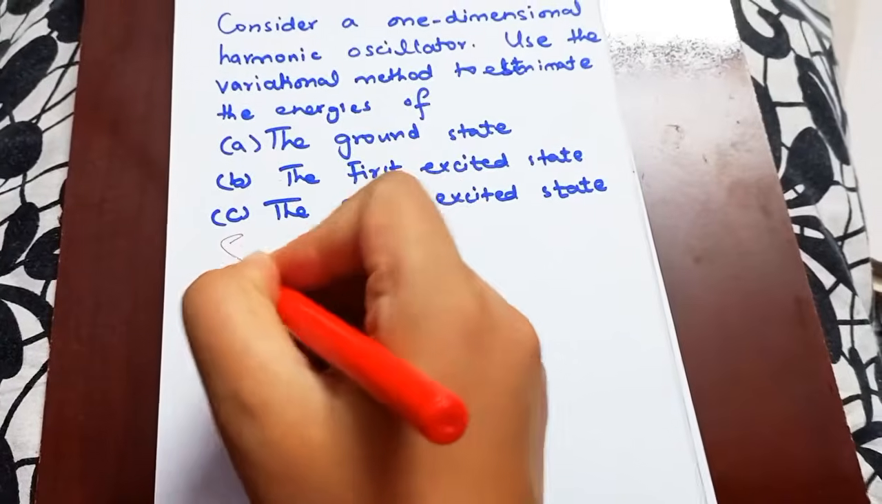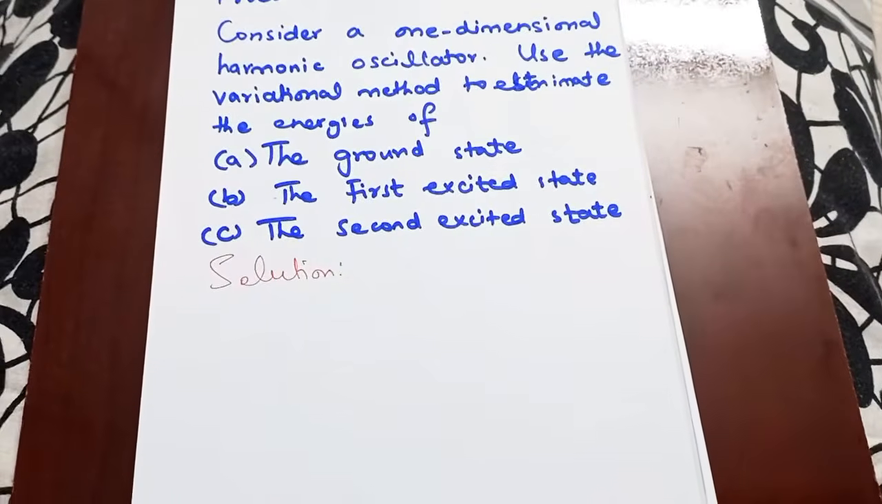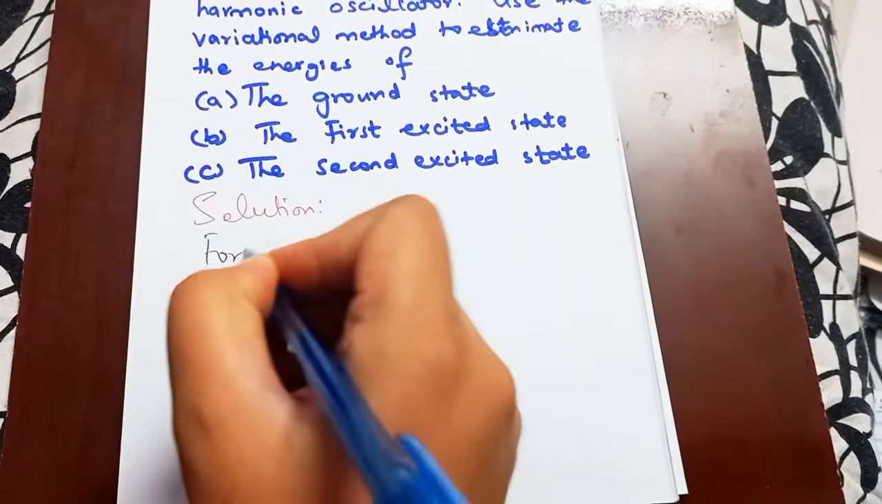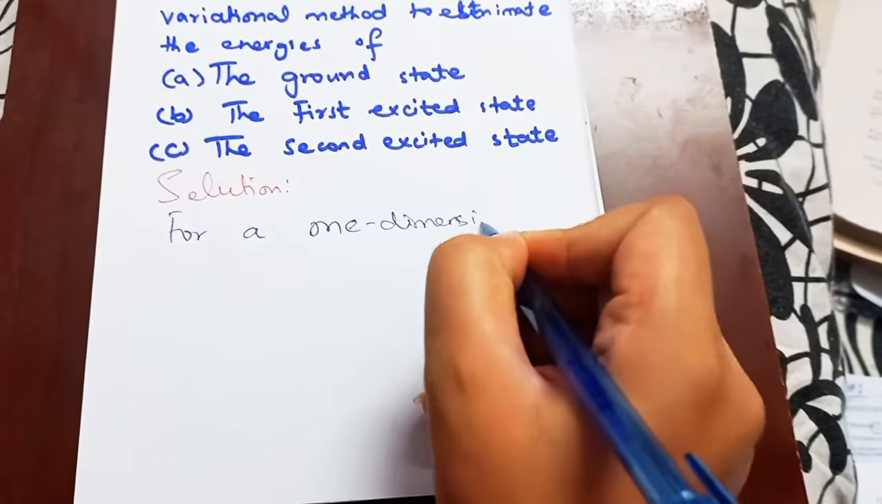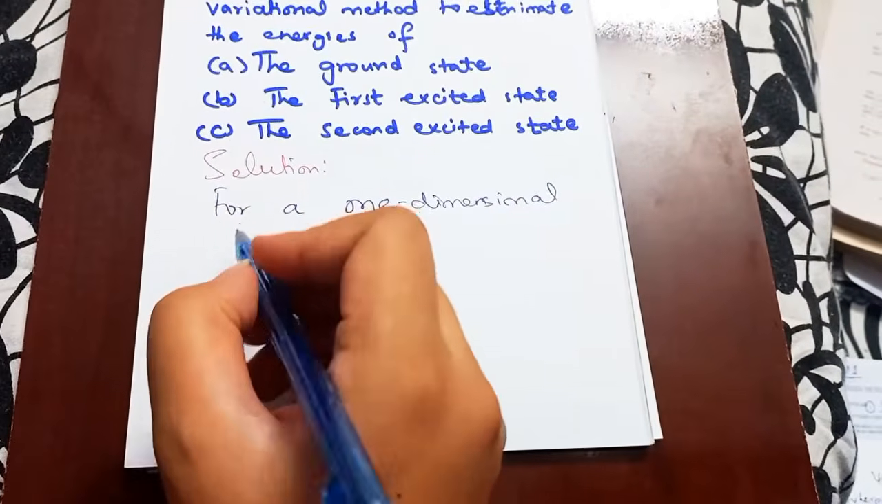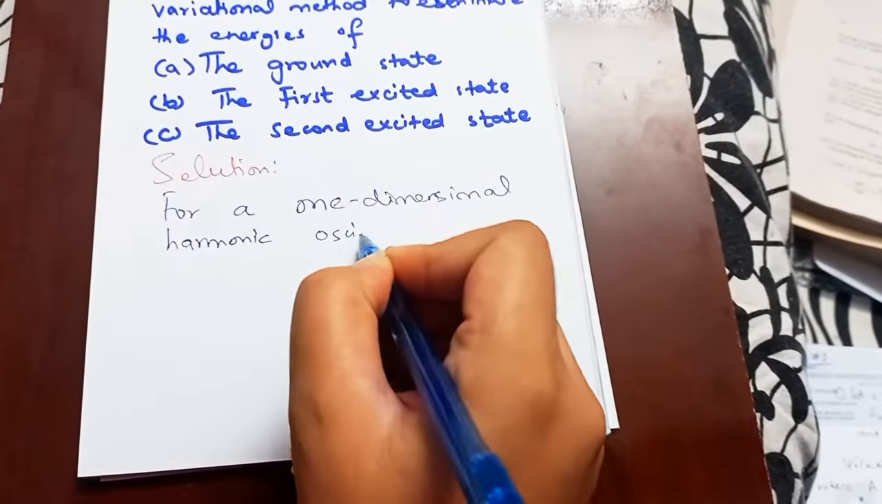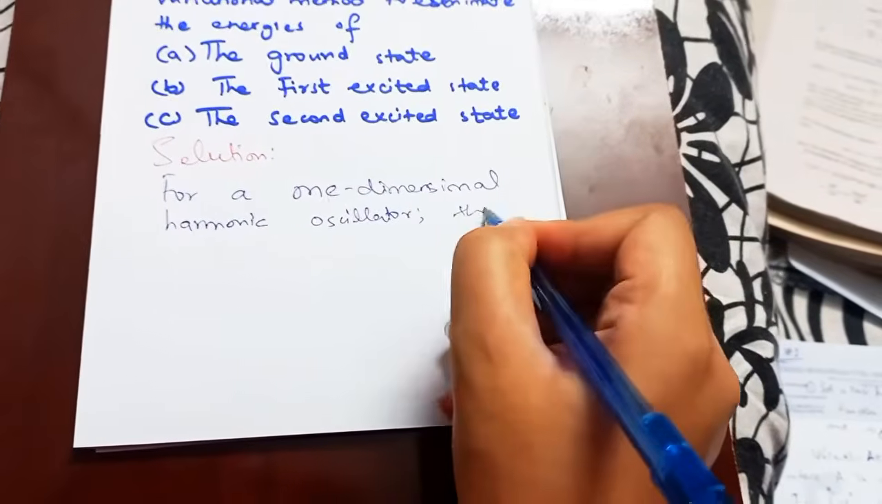Moving towards the solution, as we can see here, the whole situation is for a one-dimensional harmonic oscillator. Let us first write the Hamiltonian of our system, because that is something that we'll be using later on. So the Hamiltonian is given by,